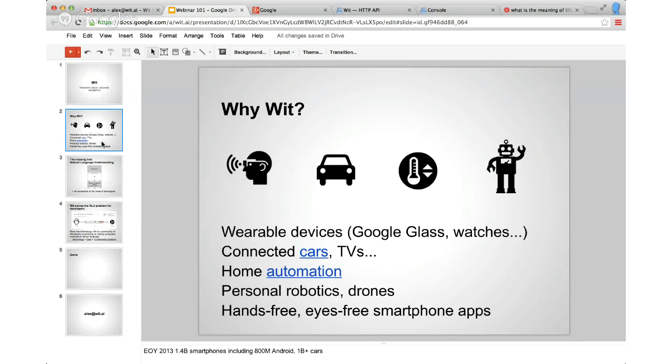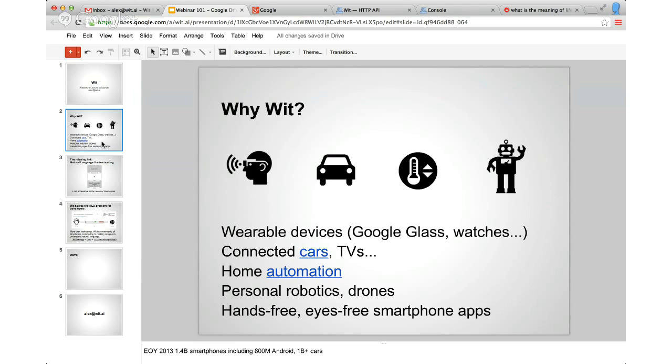We think that voice is becoming the main user interface, the main channel of communication between humans and machines. You have Google Glasses, smartwatches, connected cars, TVs, home automation systems, and in a few years, maybe personal robots or drones, and for all these devices, you don't have a screen.